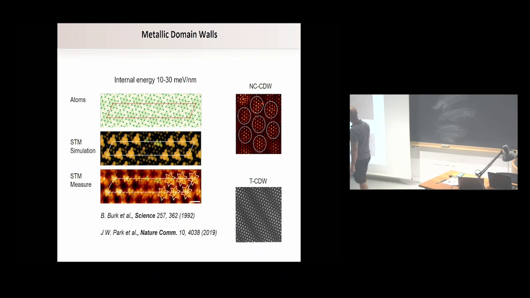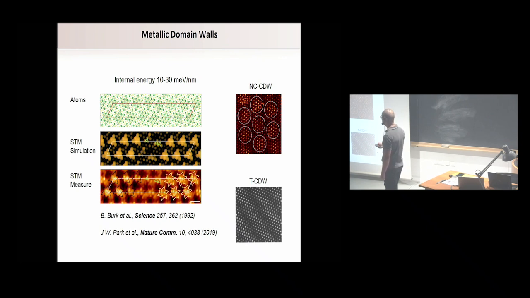So these are, for example, simulations of atoms coming from this paper here. They simulated the STM map, and then they could get a very good agreement with what is seen in, for example, a phase that is called the nearly commensurate one, where these domain walls get activated thermally. They can form honeycomb structures, as you see here in the nearly commensurate phase, or they may even form a striped